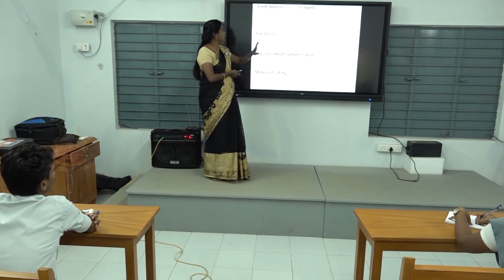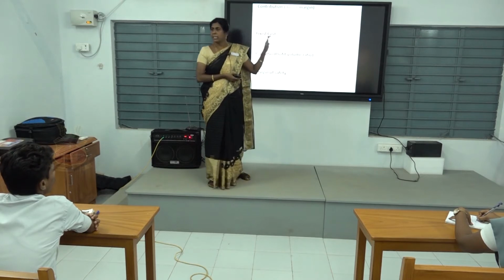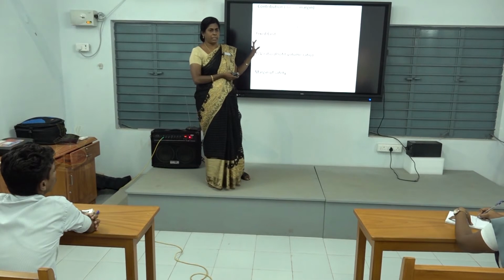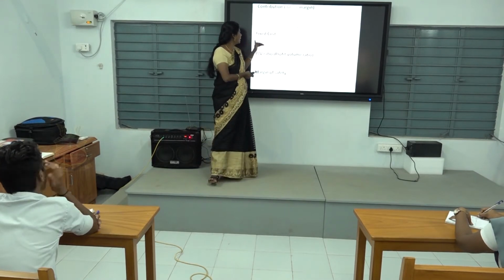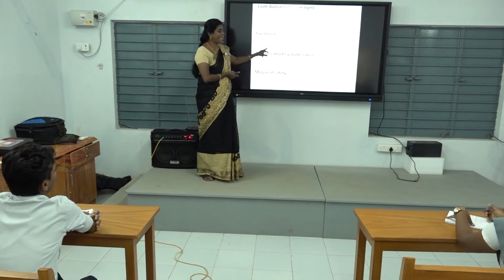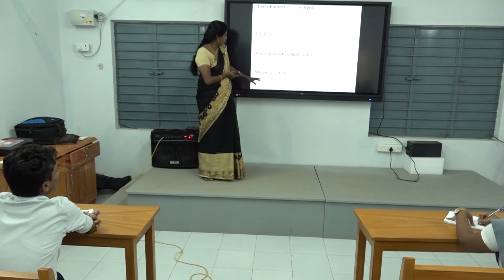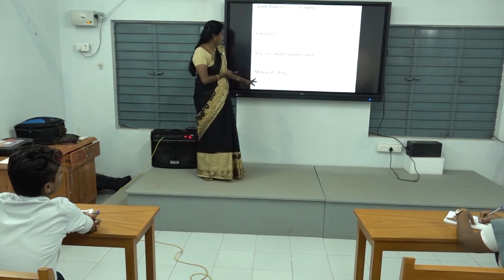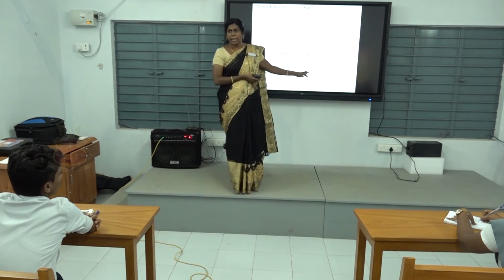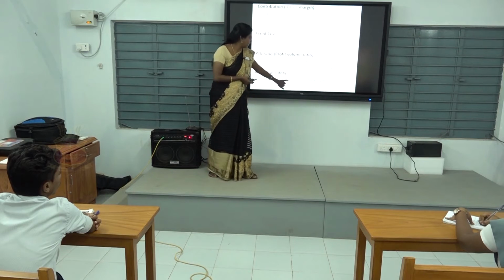Okay, next one is fixed cost. Fixed cost remains constant irrespective of volume of production. Okay, fixed cost can be calculated through contribution minus profit or sales minus contribution. You can apply any one of the methods. Okay, next one is margin of safety. Margin of safety can be calculated as actual sales minus break even sales.